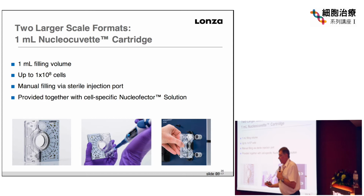There's two flavors of loading this. We have a 1 mil cartridge that you can load with a P1000, put in 1 mil of your cells and your transfection solution and substrate. You plug this into the device, and then you can activate it and transfect the cells, and then remove them with the P1000. And so we can do up to 100 million cells at a time, or 200 million small